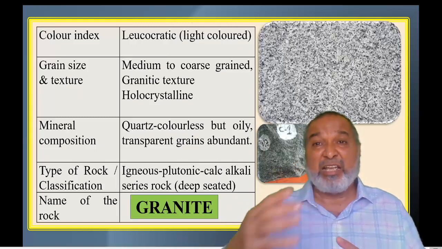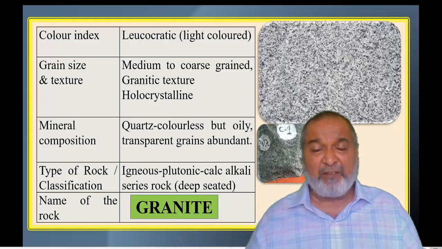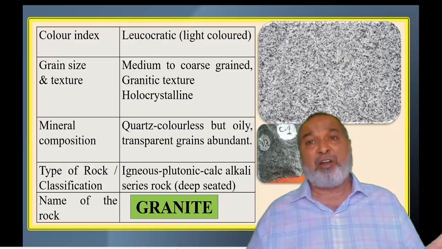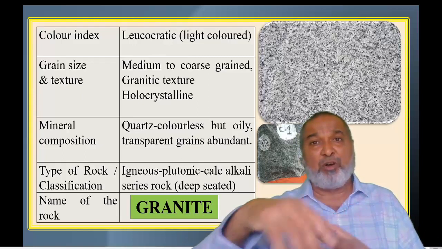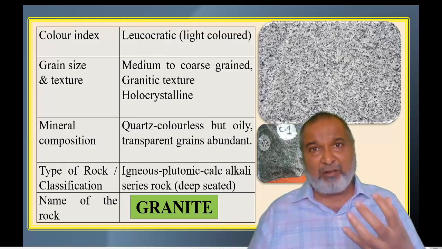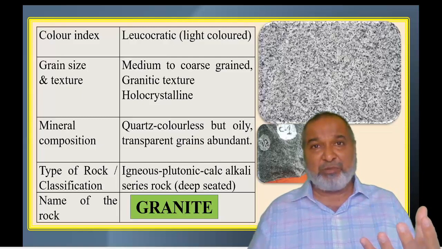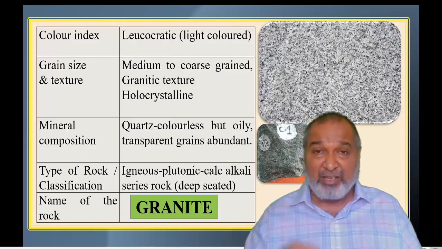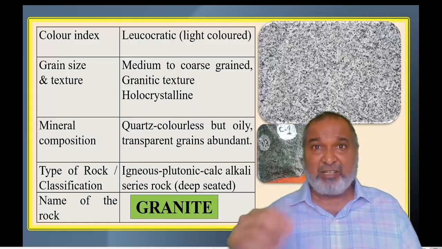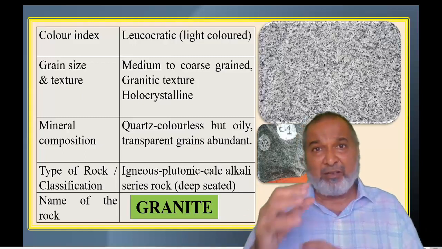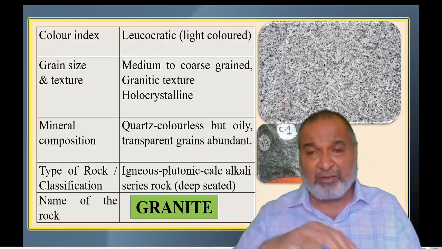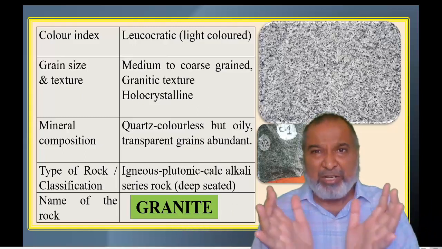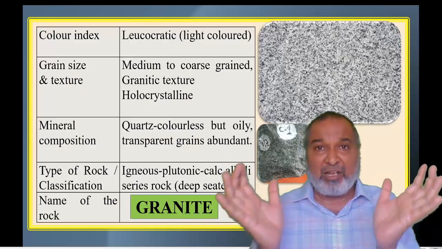So it is called inequigranular, the grains which are there. Then the first one is porphyritic: large grains surrounded by smaller crystals. For example, one MSc student sitting together, surrounded by the BSc students. In their class, the standards they have been studying vary. One is MSc and the second one is BSc, surrounded by BSc students. So that particular pattern will be called the porphyritic one.